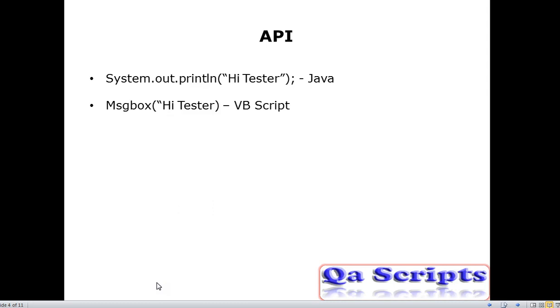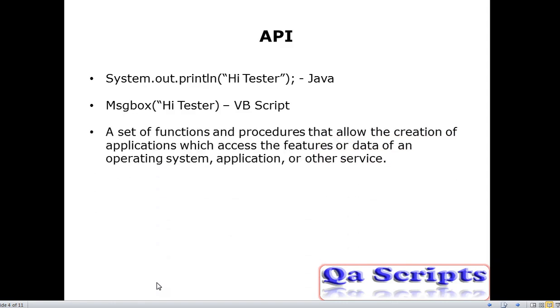Think that there are sets of functions, procedures, libraries readily available for you. In those libraries, system.out.println or message box in case of VBScript are already built, already developed by someone.